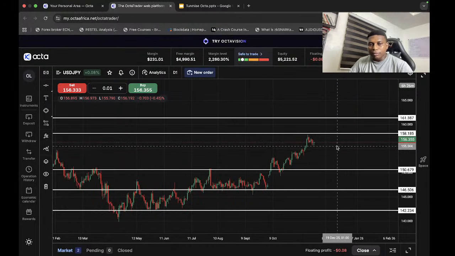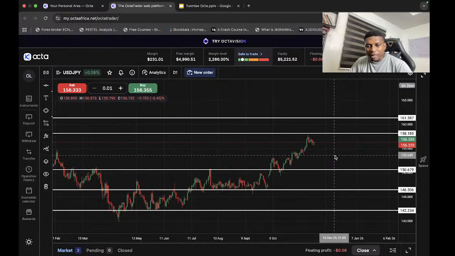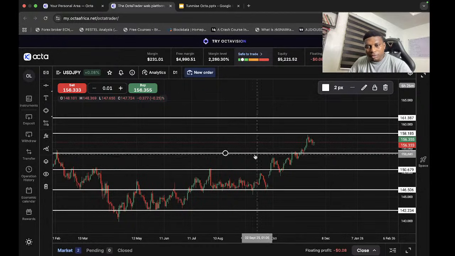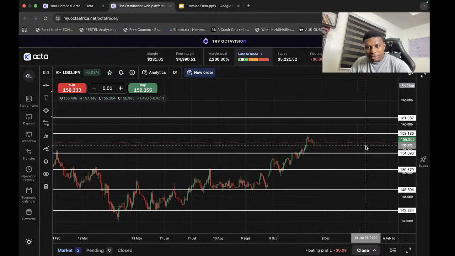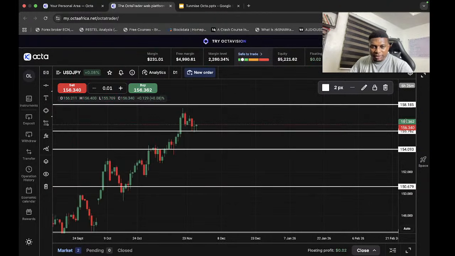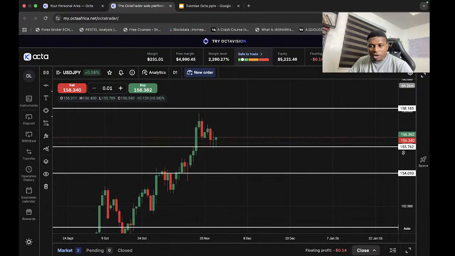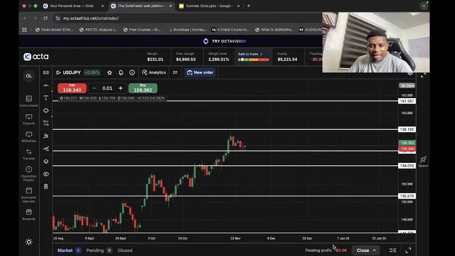Now we've been able to map our levels of support and resistance. Let's now go for the minor support and resistance levels. We have one here, we have another one here. They are minor support and resistance zones, as you can see. Now, when you look closely, you see that currently